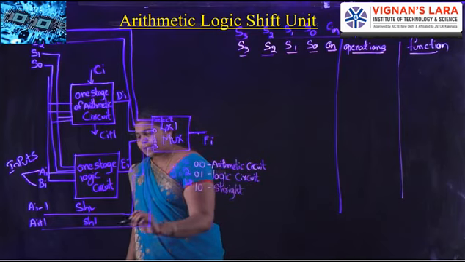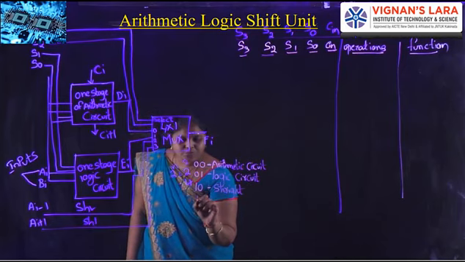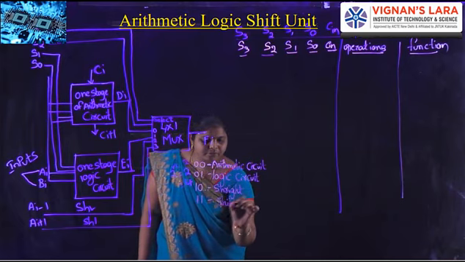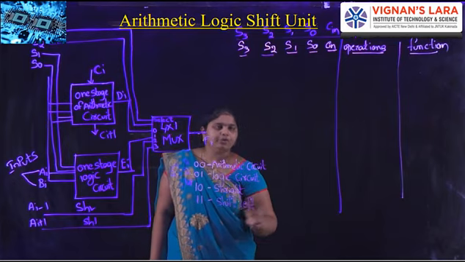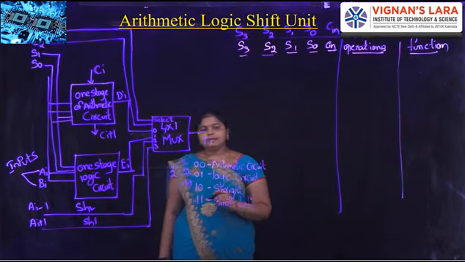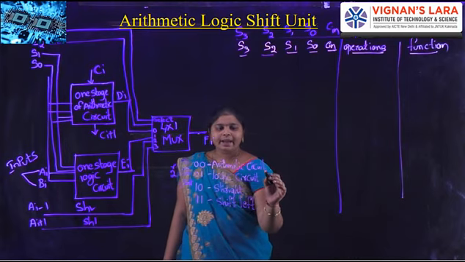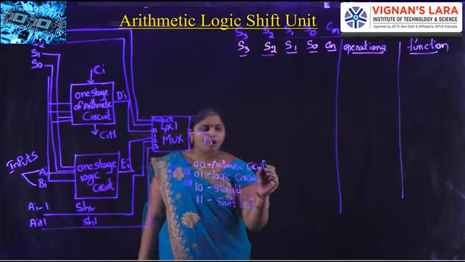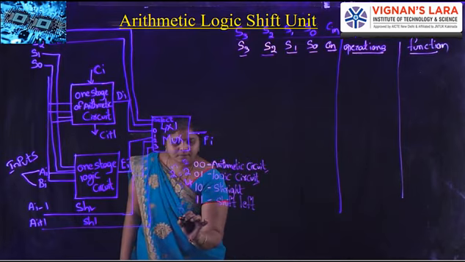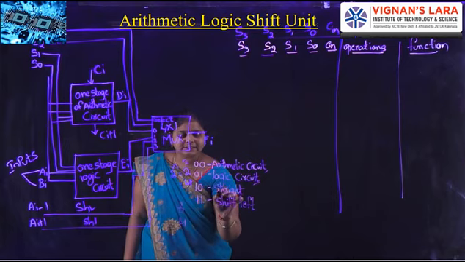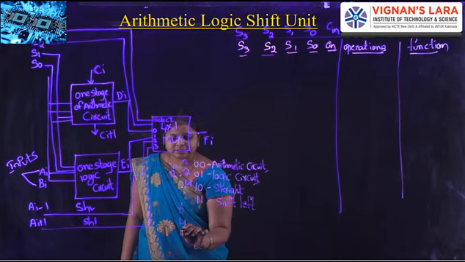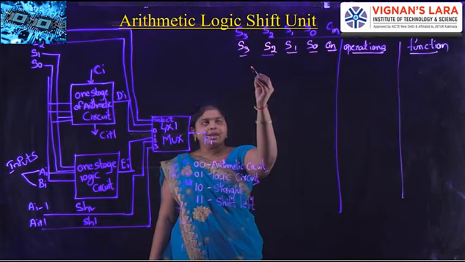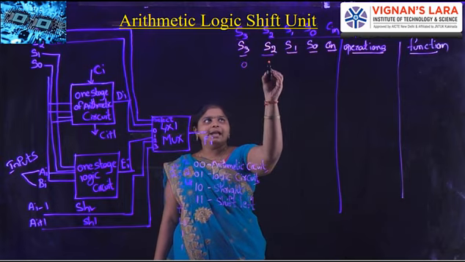Here 3 receives the input from SHRL, meaning 1, 1. Shift left micro operations have to be performed. In this, the arithmetic circuit contains the 8 micro operations and the logical circuit contains the 4 micro operations, and the shift right circuit consists of 1 micro operation and shift left consists of 1 micro operation. Here, for the arithmetic circuit we have to implement 8 micro operations.